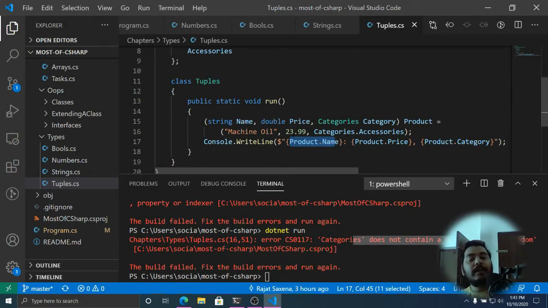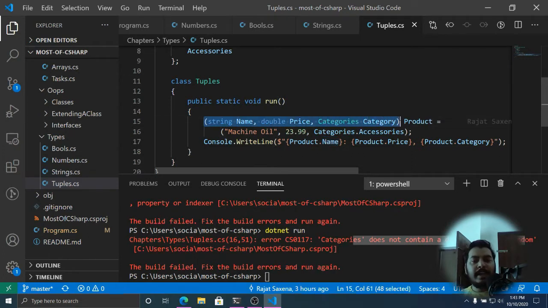Product.price will give me 23.99 and product.category is going to give me accessories, right? And this is again the string interpolation, and this syntax is kind of similar to the class syntax as well. That is the reason I told you that we can use classes or we can use tuples.